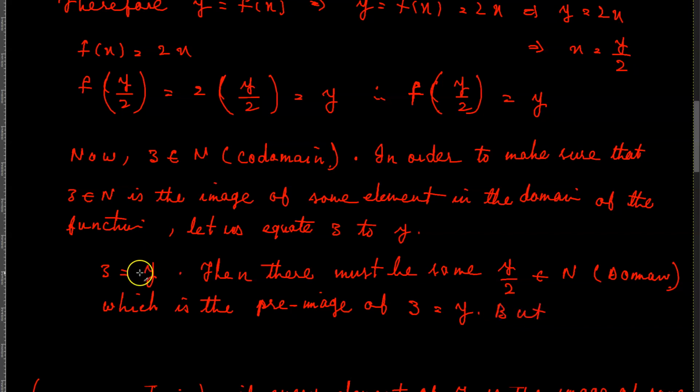But basically y divided by 2 is equal to 3 divided by 2 does not belong to the set of natural numbers. Therefore